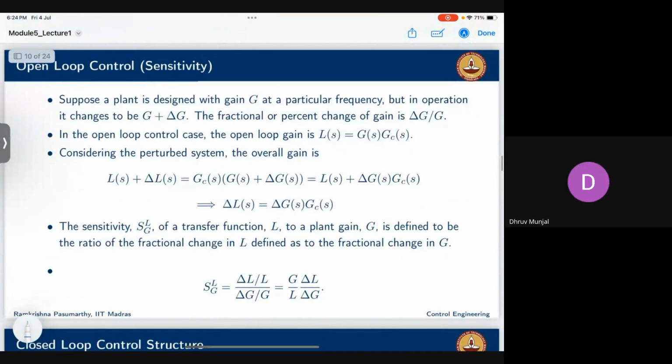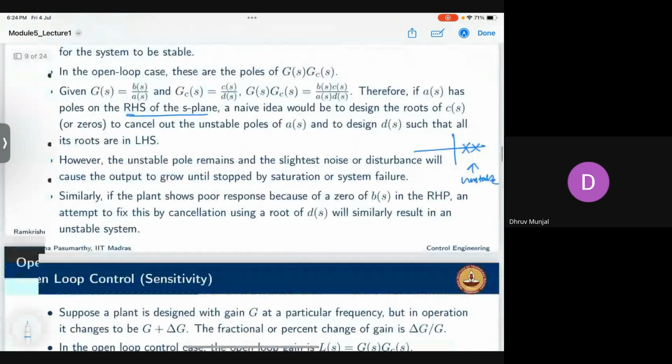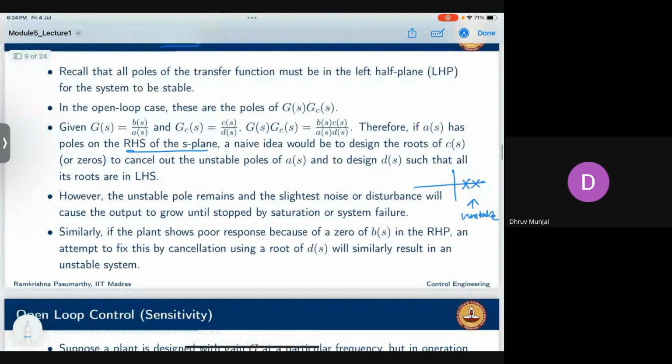Ma'am, yeah, can you explain the last point of the previous slide? Oh, okay, right. We have already seen the location of poles, how it is going to affect the system. So here,